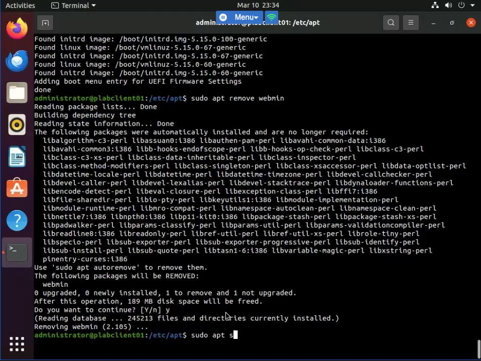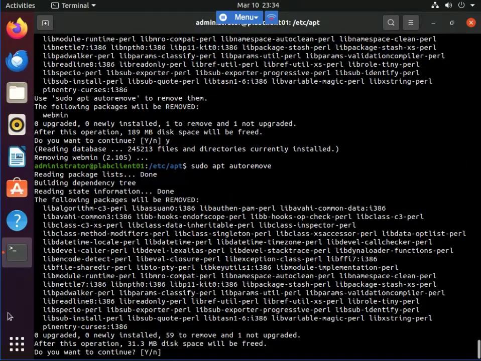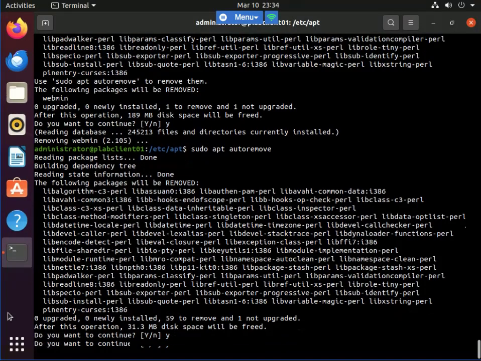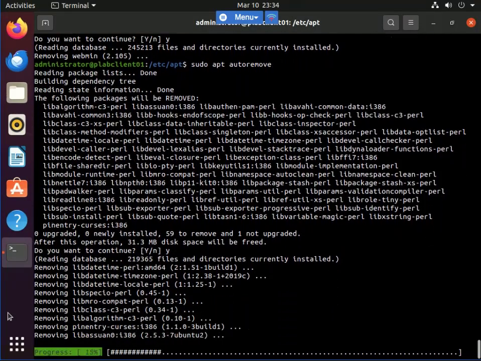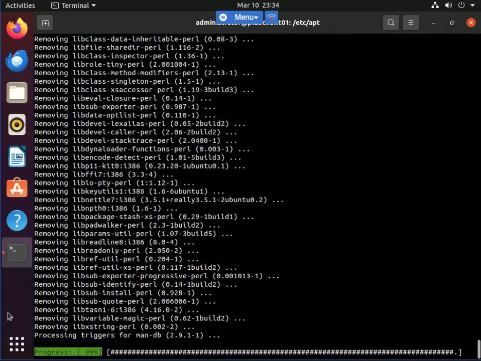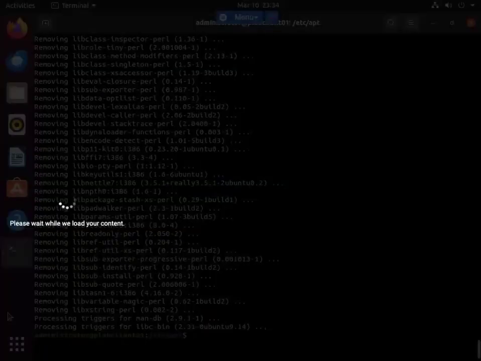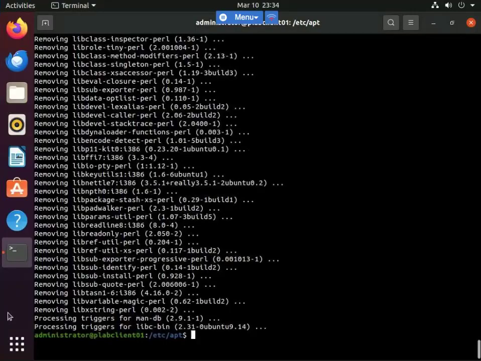Autoremove. Yes. So it's just removing the orphan dependencies, any dependencies upon the software package for Webmin. But nonetheless, since it has officially been removed after being upgraded, and then also removing the dependencies upon it,